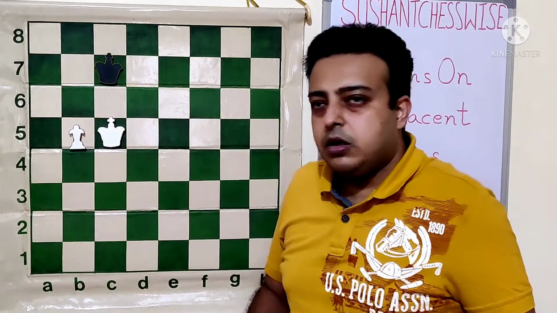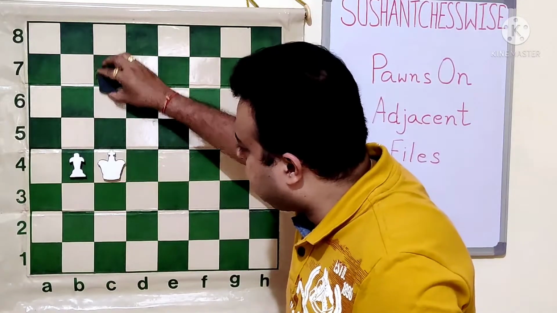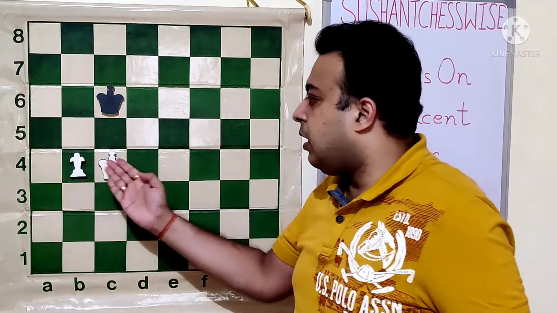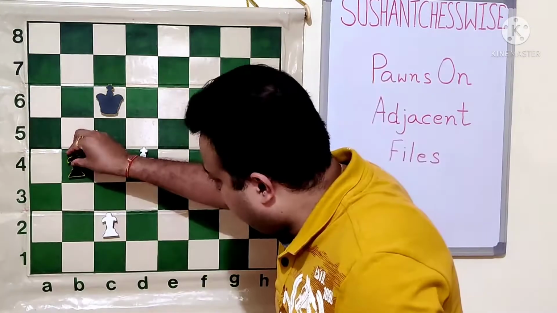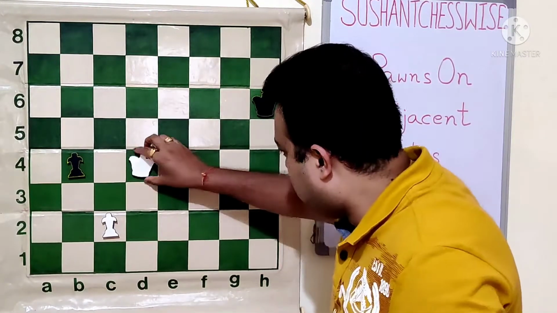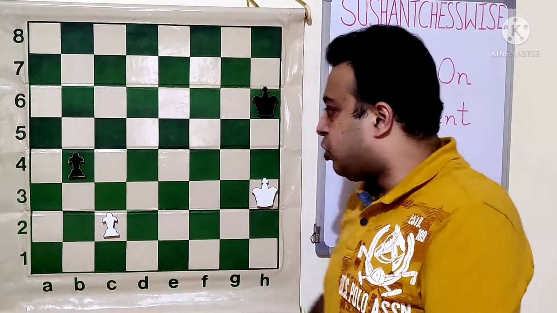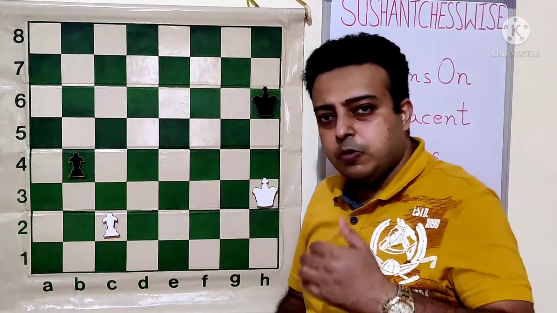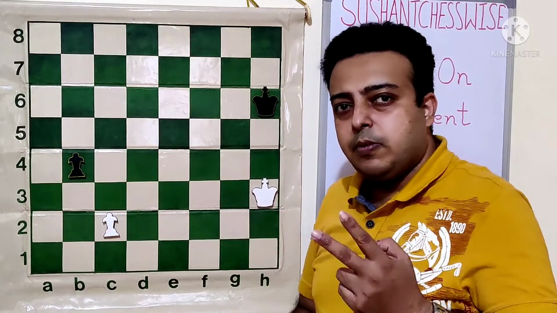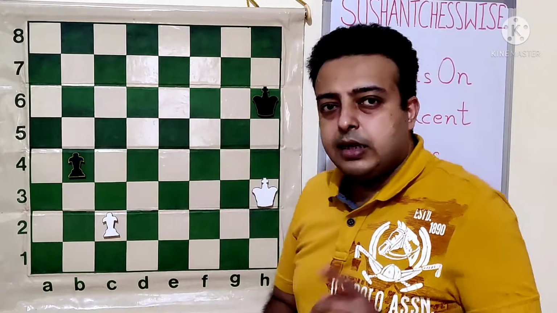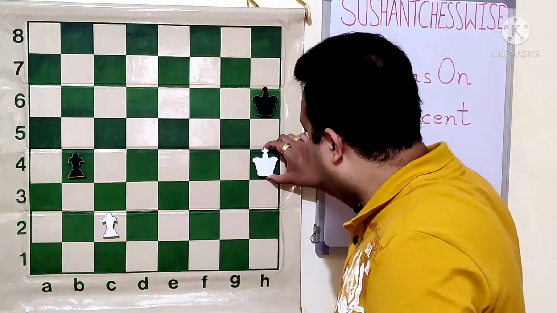So in that position, it was black to play or white to play. In this position, no matter what, the king and pawn have come together and it's not possible to win the game. White has to be very careful here. So this we have discussed before also. Whenever trying to convert positions in king and pawn endgames, we have discussed it during the pawns on the same file. That time also here white will win only by the move Kh4.